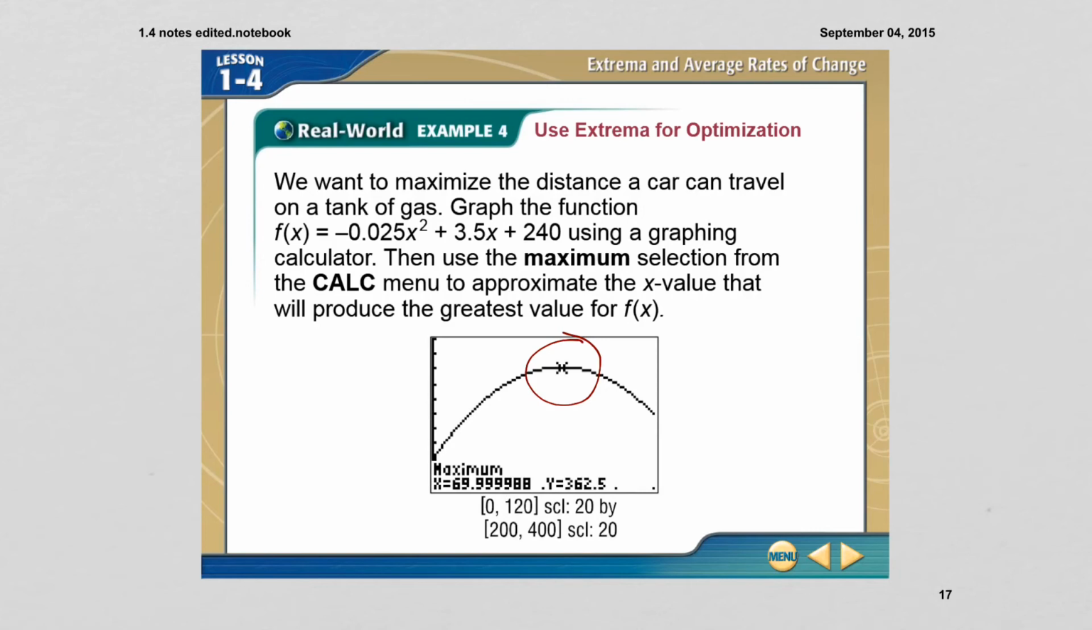Okay, what that means is the graph has a maximum number of miles. And our maximum number of miles that we can drive is 362.5 miles. Okay, and the approximate